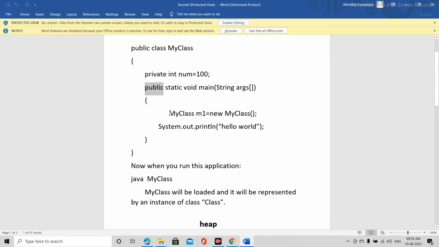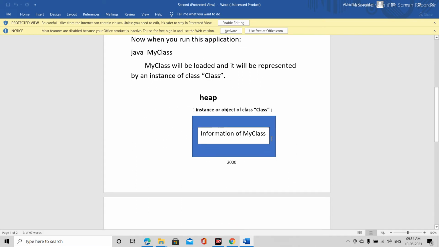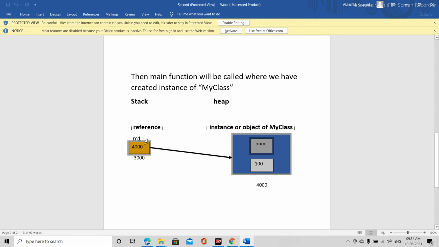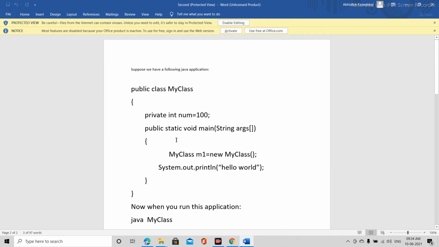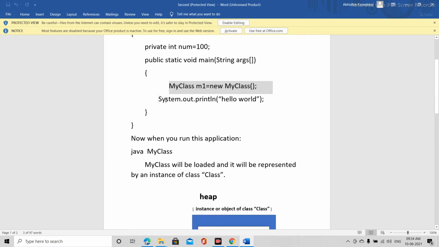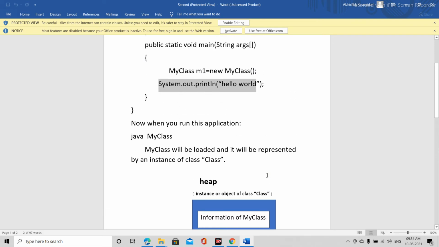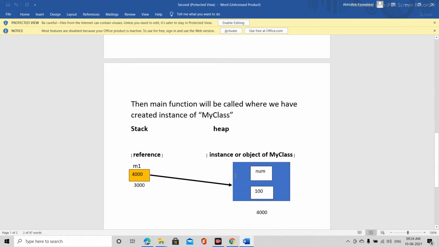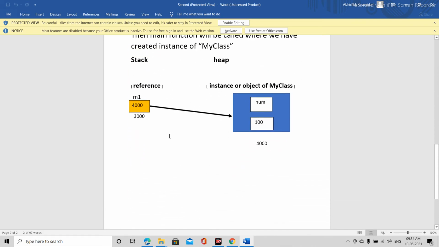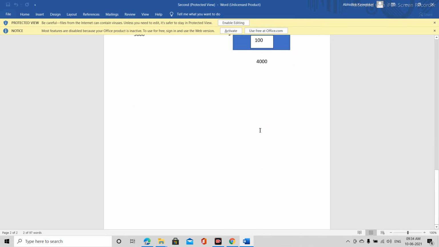Now MyClass m1 is equal to new MyClass. So this is m1, and this is new MyClass. Now System.out.println("Hello World"). So basically this is the diagram for the stack and heap.